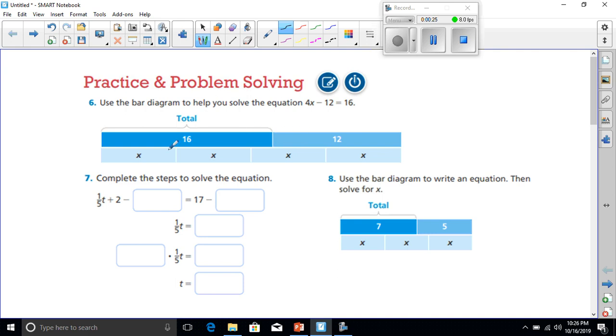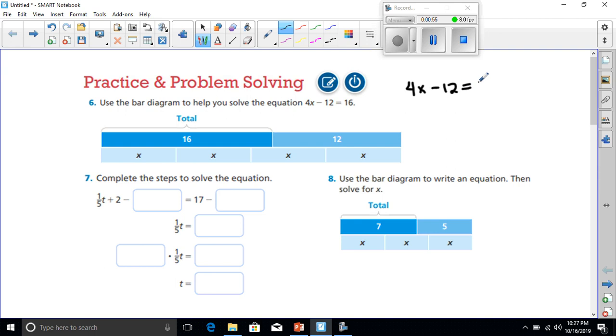Well, they're saying here that 16 and then they have 12 over here, and it's going to be equal to 4x's. Now, why is it that they're saying that this is equal to 4x's when up here it makes it look like 4x minus 12, when in essence it's really the same thing. Let's watch. If I have 4x minus 12